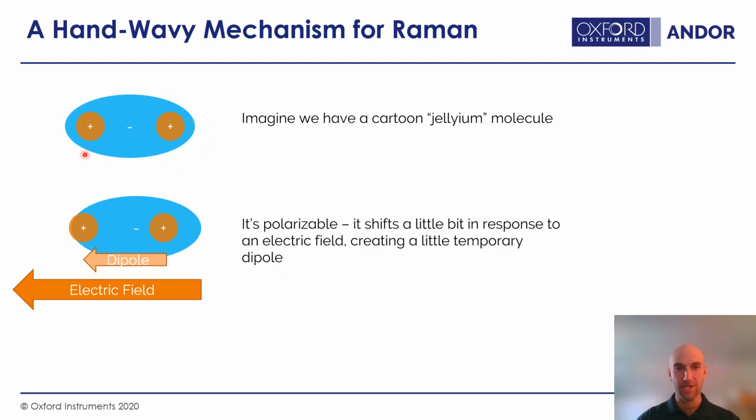And this is not a fantastically realistic picture of reality, but it captures, I think, some of the relevant details of the mechanism at a level that we can just throw out there and then think about later. So one of the key points of this jellium molecule is that it's polarizable. So if we were to apply an electric field, it will form a dipole in response, which is to say the positive charges will shift a little bit one way, the negative charges will shift the other way,